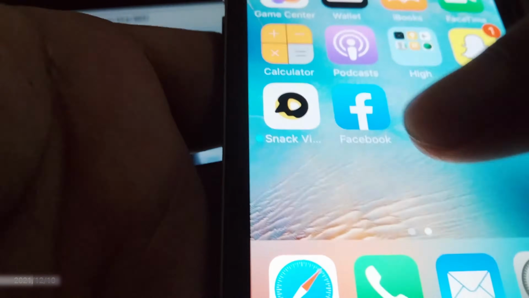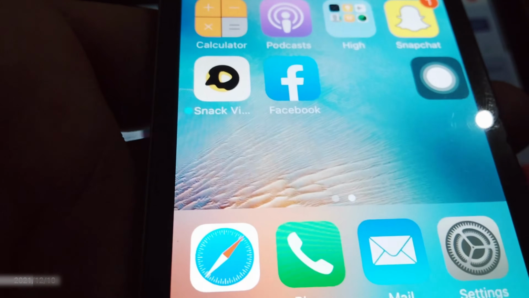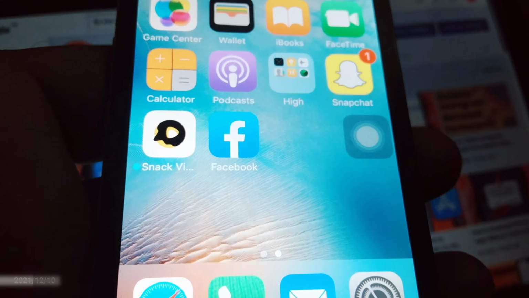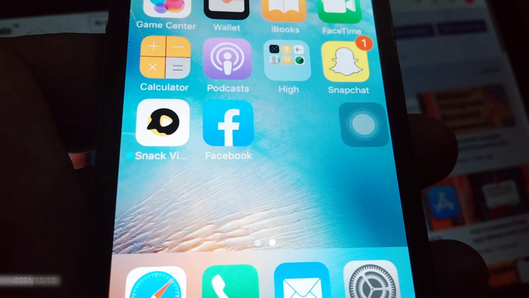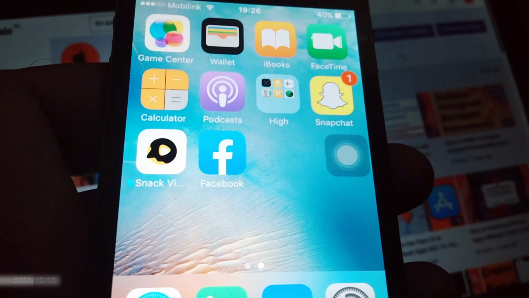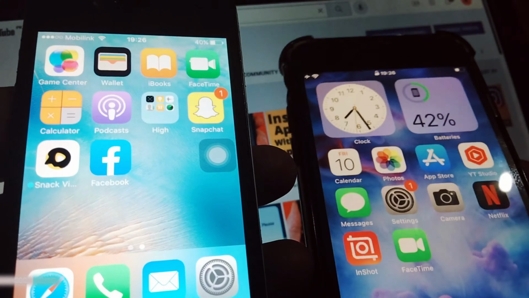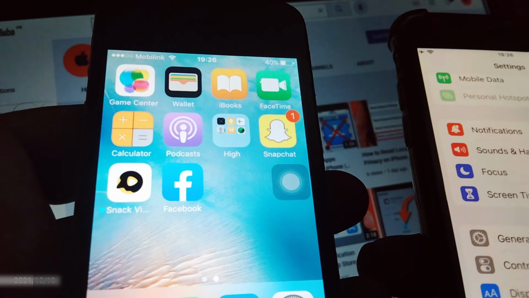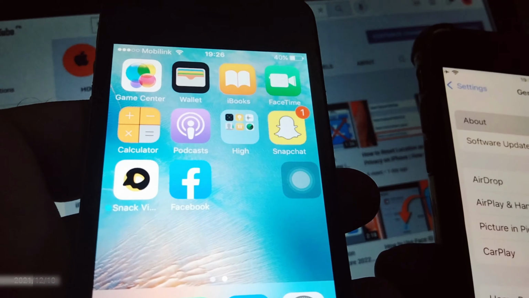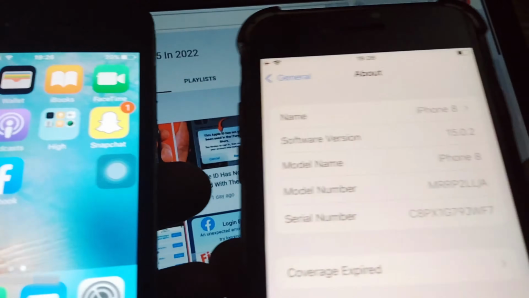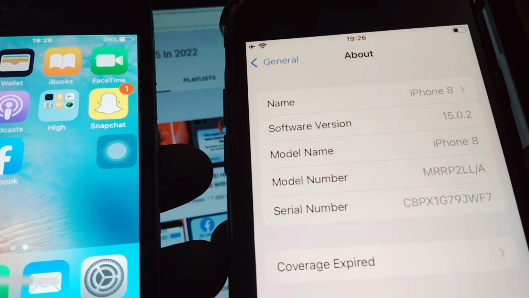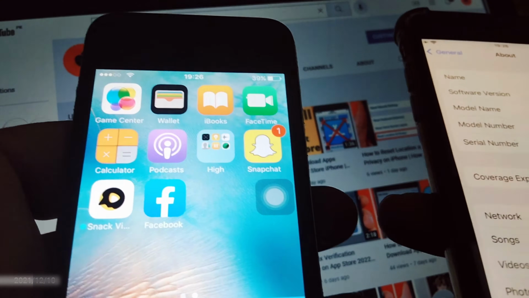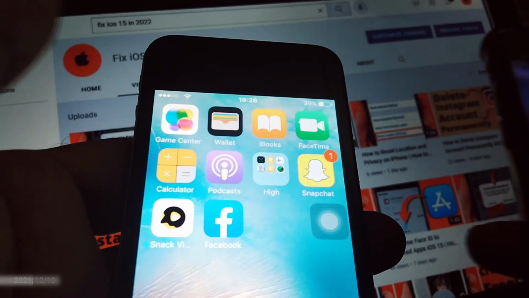So how to fix this issue? First of all, what you have to do is just grab another iOS device like an iPhone or iPad which is running iOS 10 or later. Here it's running iOS 15. So what I have to do to solve this problem, here